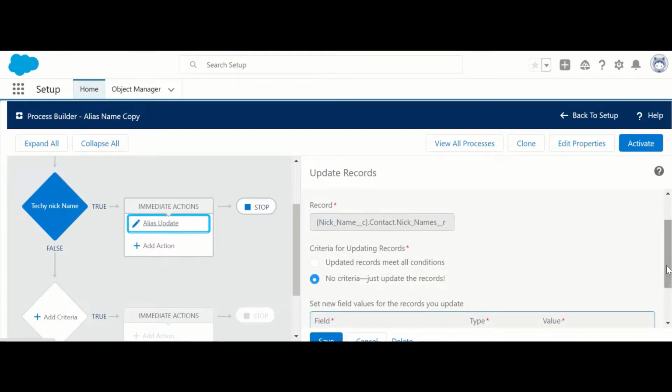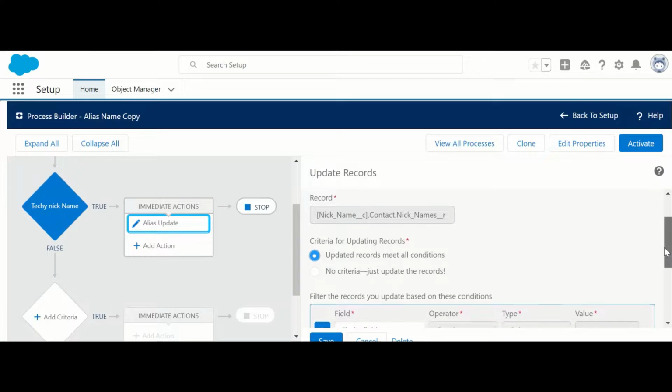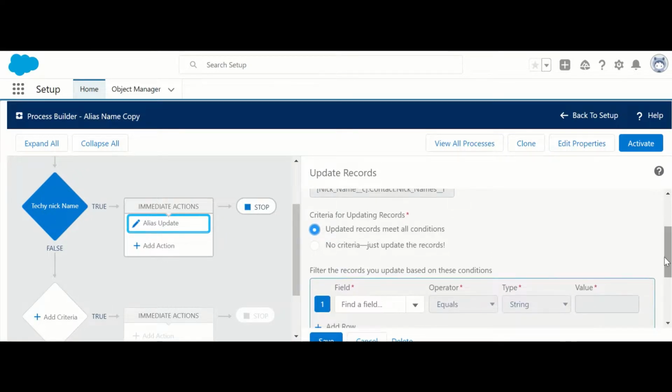Suppose we don't want to update all records, we want to update only some records according to a criteria. So select this. Update records that meet all conditions.